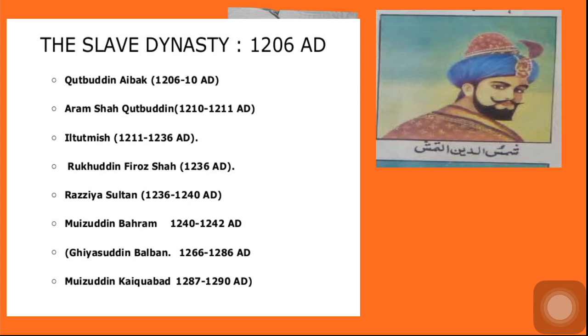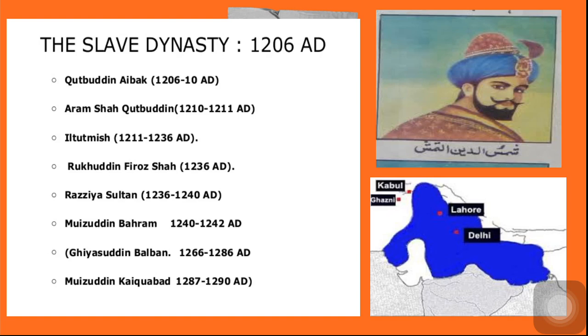Shamsuddin Iltutmish, who was invited by the 40 nobles to take over the throne of Delhi. He set up a good administration with proper taxation and official appointees for the task. He completed the Quwwatul Islam Mosque and Qutub Minar, and this is the map of the Slave Dynasty